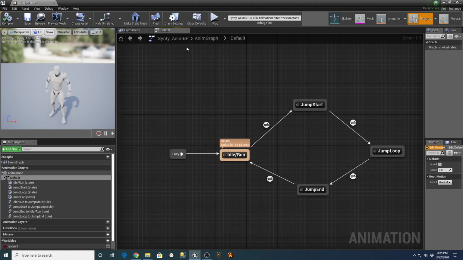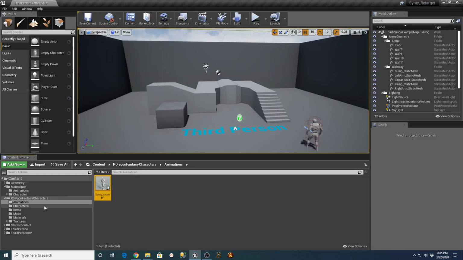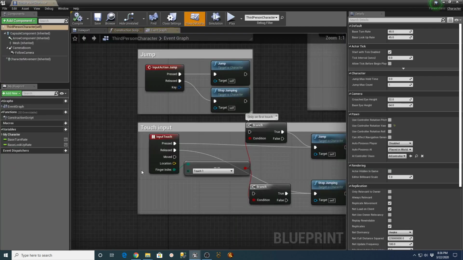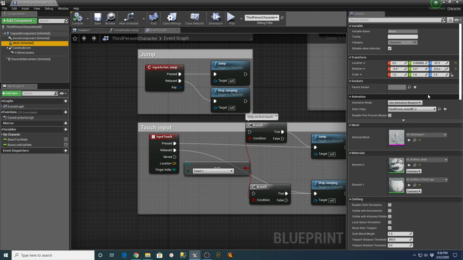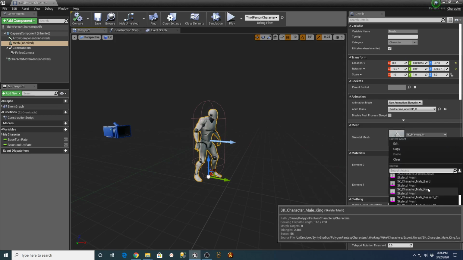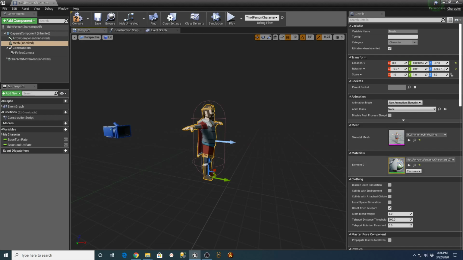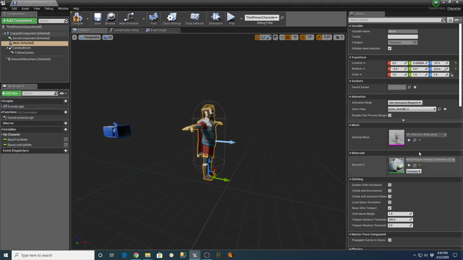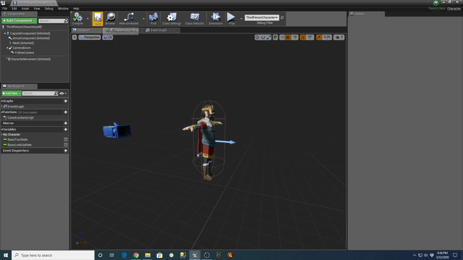Alright, so the way I'm going to go about that, let's get back out here, and we're going to go to the third person blueprint for the game, and our third person character. We want to go in here to this mesh and the viewport, and we're going to replace this guy with the skeletal mesh for our character. We got a king in there too, let's use him. So we use the male king, and his anim class is going to be the Synty AnimBP, but you'll see he doesn't have any of the stuff set up to work yet, but this is what it's going to be assigned to when the time comes. So if we compile that, save it,